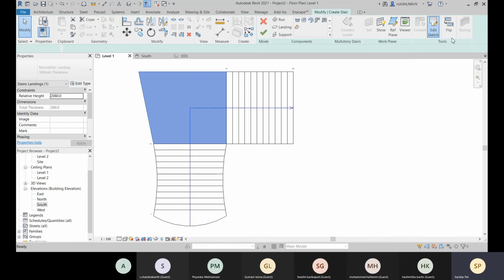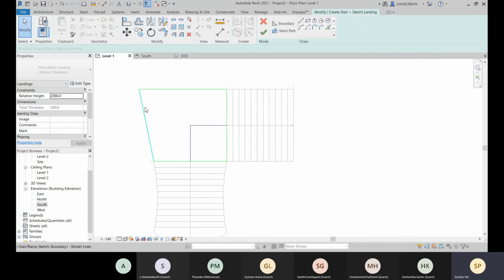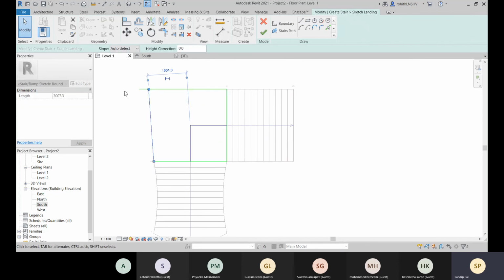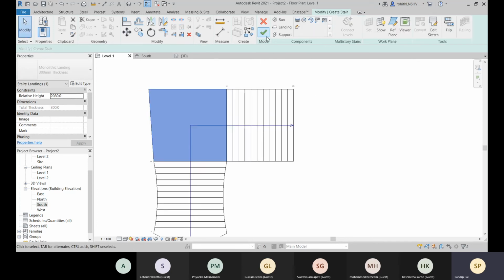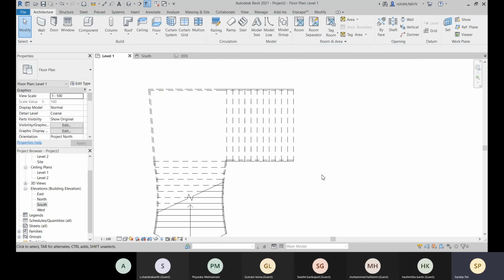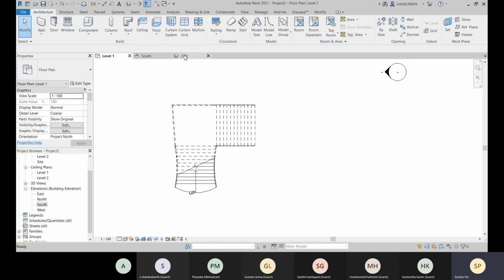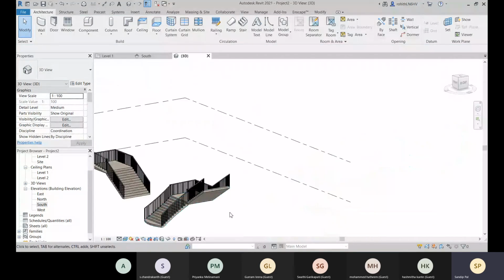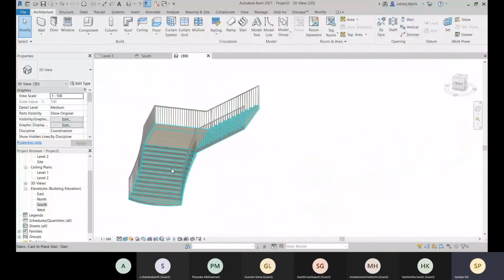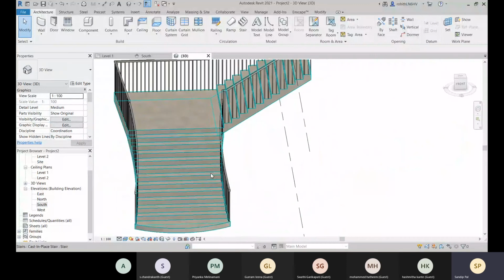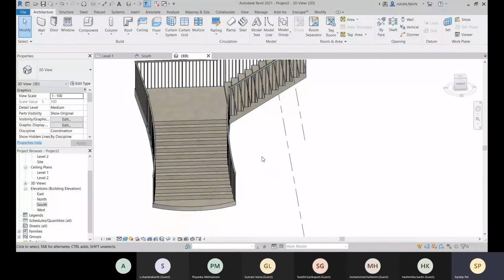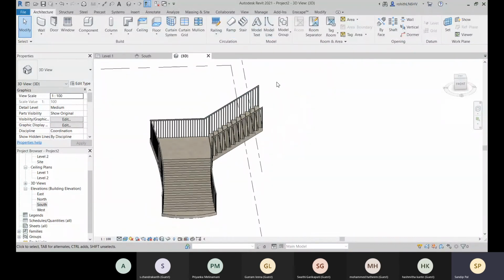Then go for this edit sketch option and then you can edit it. Right, so let's do that. Let's switch, and let's come to 3D. All right, so this is how we can create our stair.